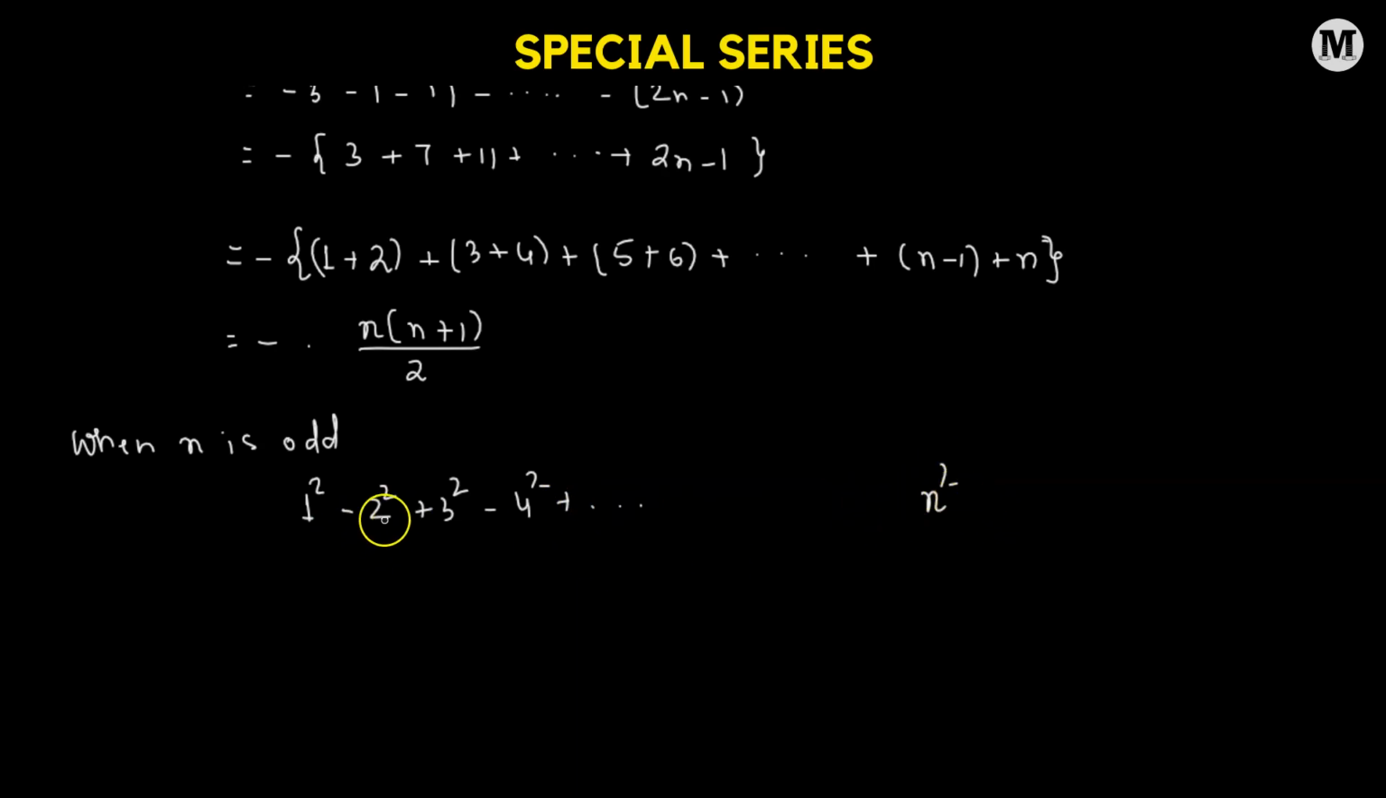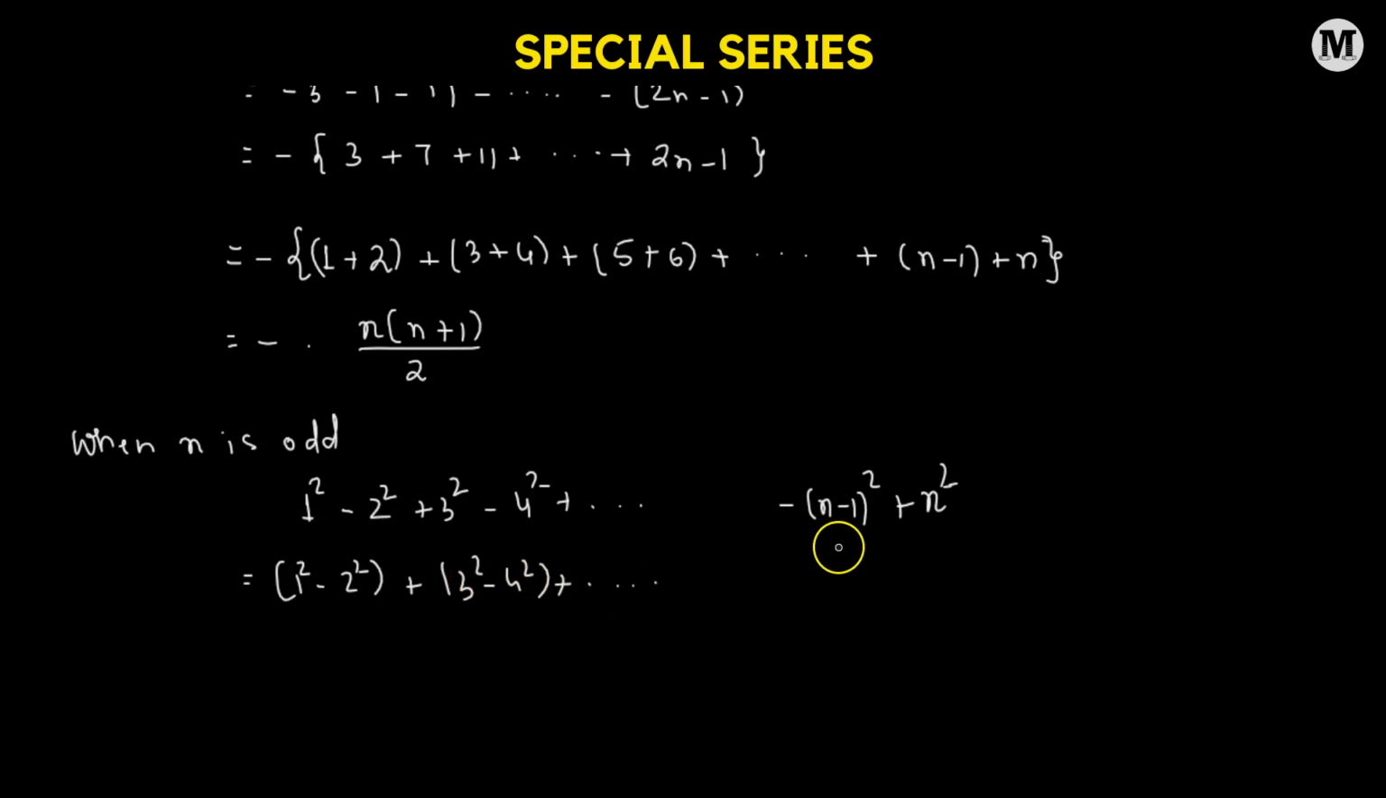Now, when we have an odd number of terms, we know the last term is going to be positive. So if we consider the first 3 terms, 3 is an odd number, so the last term, which is the third term, is positive. That means our last term of the series, n squared, is positive, and the second last term, n minus 1 whole squared, is negative. Here also we're going to form pairs. So we'll have 1 squared minus 2 squared added to 3 squared minus 4 squared added to all the way up to